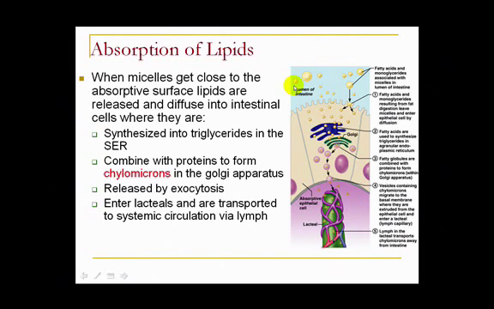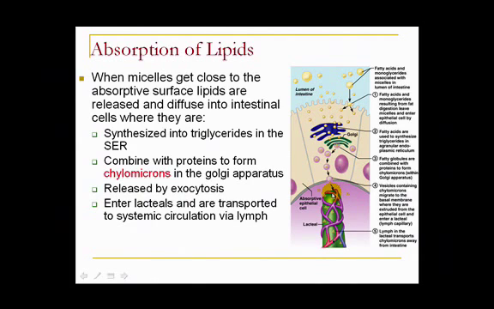Lipase, that enzyme in the lumen, will break the triglycerides down into fatty acids. And then when it gets into the cell, it takes fatty acids and makes them back into triglycerides. They'll go to the Golgi, where a lot of times they'll be associated with proteins, because lipids can't travel in the blood unless they're associated with a protein, because they're not water soluble. So they're combined with proteins to form what we call chylomicrons,